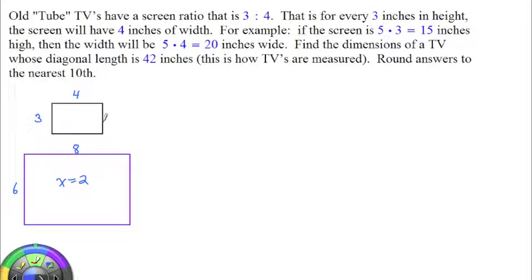Alright, so we don't know what the scaling factor of our TV is going to be, so we just know that we're going to multiply x by 3, but if we do that, we also have to multiply this scaling factor by 4. So this is the picture I want to concentrate on. We're going to draw a diagonal in here for the TV, and we know that this diagonal is eventually going to be 42 inches. So what happens is we get a nice little right triangle. On this right triangle, it's an ugly drawing, this side is 4x, this side is 3x,